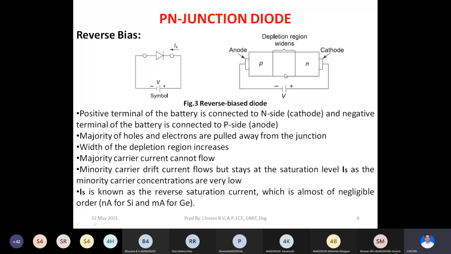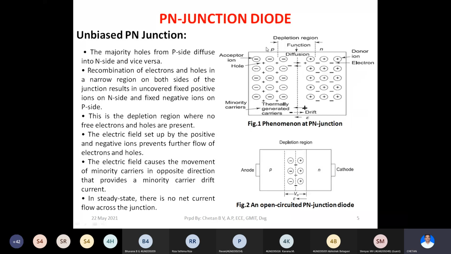I will just move on to this. The depletion region, what does it consist of? It consists of negative ions. Negative ions are formed by addition of an electron to an atom, right? So whenever